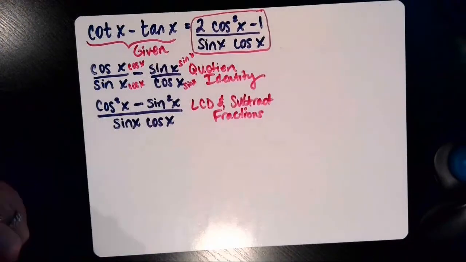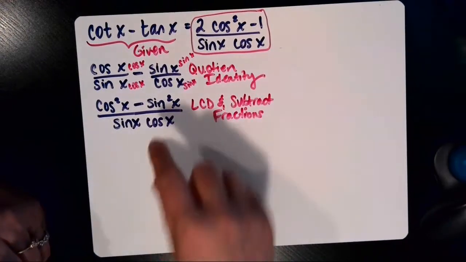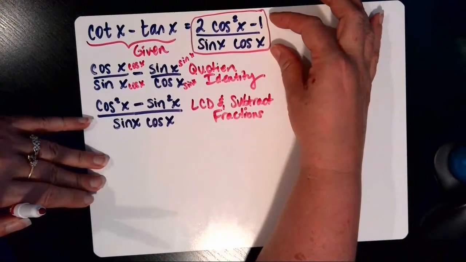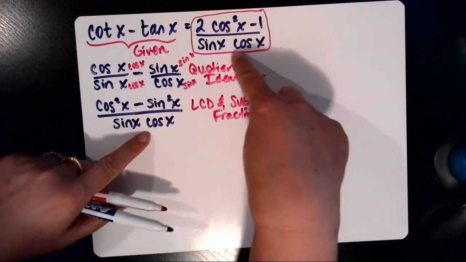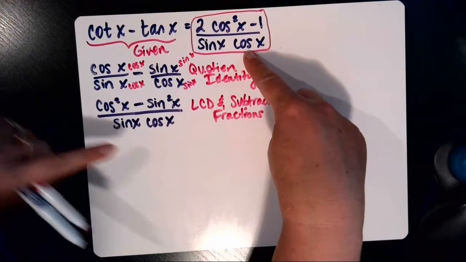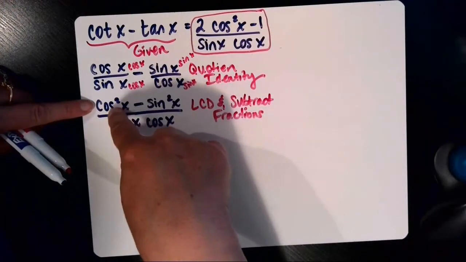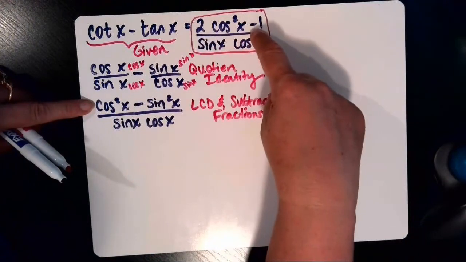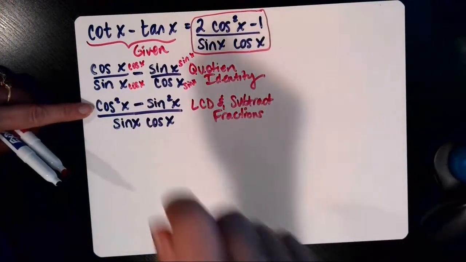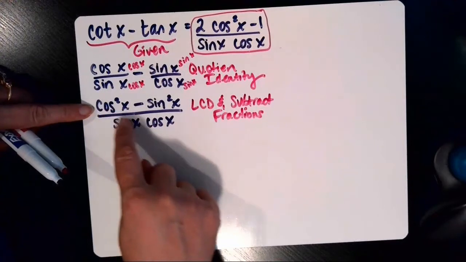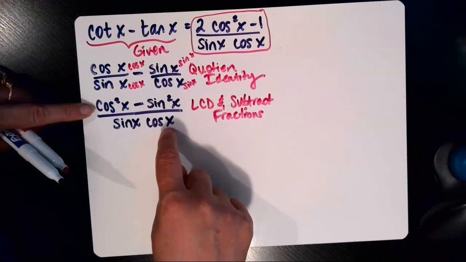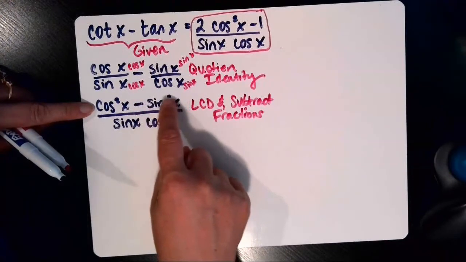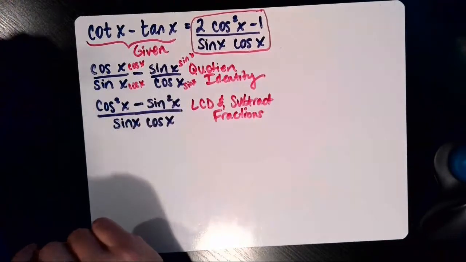Okay, for step 3. Now, when I compare what I have here to what I'm trying to get to, it looks like now I've got my denominators already matching. That's perfect. The numerator, I've got one of these cosine squared x terms. I needed to have two of them and then a minus 1. So I don't want to mess with anything here. I want to keep the denominator the same and that cosine squared x term the same. Instead, I want to see what I can do with this negative sine squared x and see if I can't